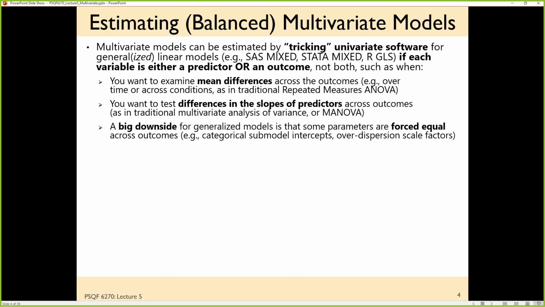If you're interested in testing whether the effect of a predictor differs across outcomes. So let's say that you also let people do different amounts of practice, and you want to know if the amount of practice someone does matters more if they're in condition A than when they're in condition B. If you want to know whether or not an intervention is more effective at reducing anxiety than it is at reducing depression. So questions about how slopes work differently across repeated outcomes from the same sampling unit,